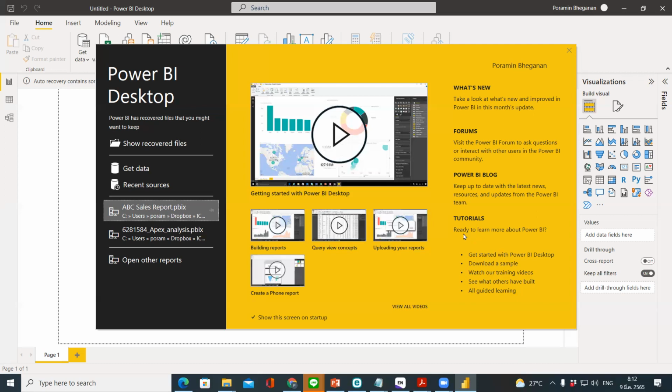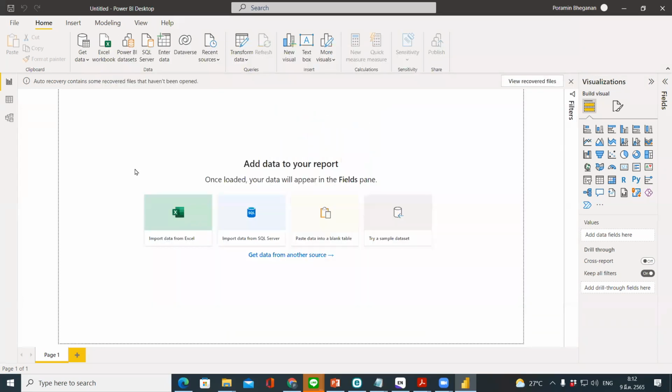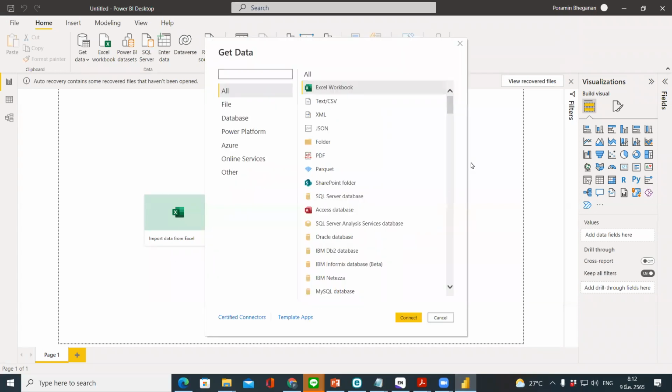Whenever we would like to use data from any other source in Power BI, the term we use is called Get Data, and then it will ask you what kind of data you would like to get in Power BI. There are lots of types or sources of data that you can use. In this class we are going to learn about Excel workbook,